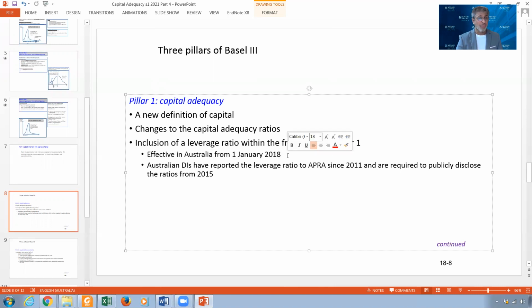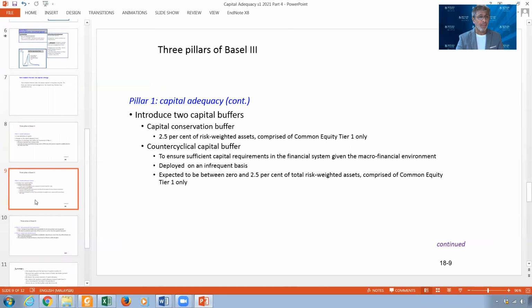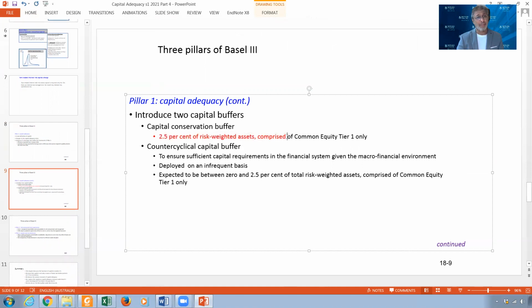Malaysia started in 2000, it will end in 2019 and already ended. But this is the Australian regulations actually, which is not a big issue here. All I want to say is that Basel III is Pillar 1, Pillar 2, and Pillar 3. This is Pillar 1, and Pillar 1 also requires what we call 2 buffers. This one is already effective. And this one is the countercyclical buffer, which we talked about, and we said